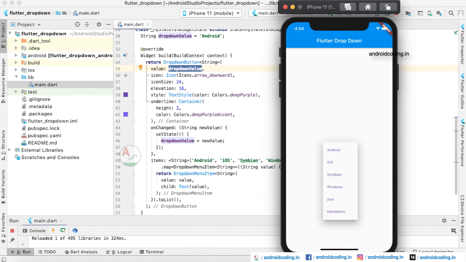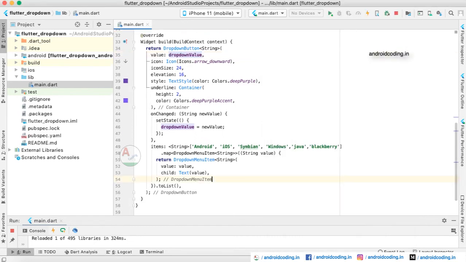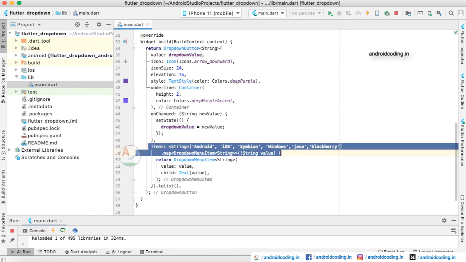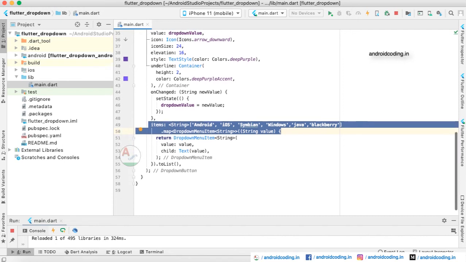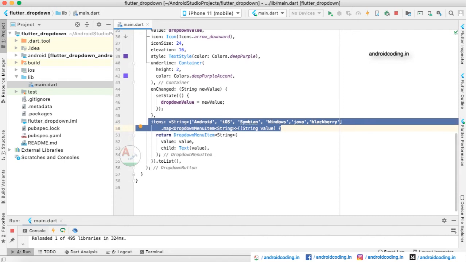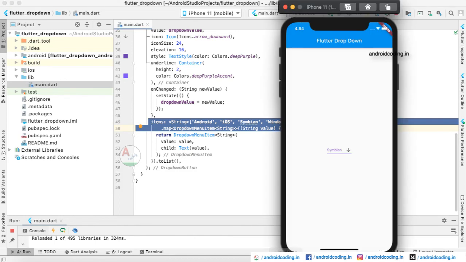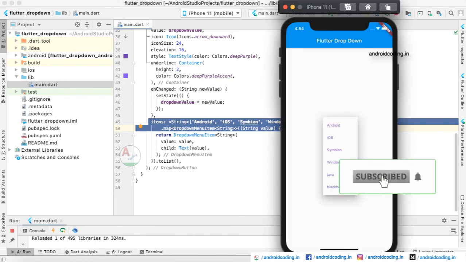Here is onChanged state. When you tap on this drop-down menu, you get a list of options. These are operating systems of mobile, so when you tap on any operating system, you will fetch the dropdown value. We have provided a list of operating systems to be loaded into our drop-down menu, and this will return the list of values onto the screen. This way we will get the value when we select any of the operating systems, and we will be fetching that particular operating system value to our text value here.